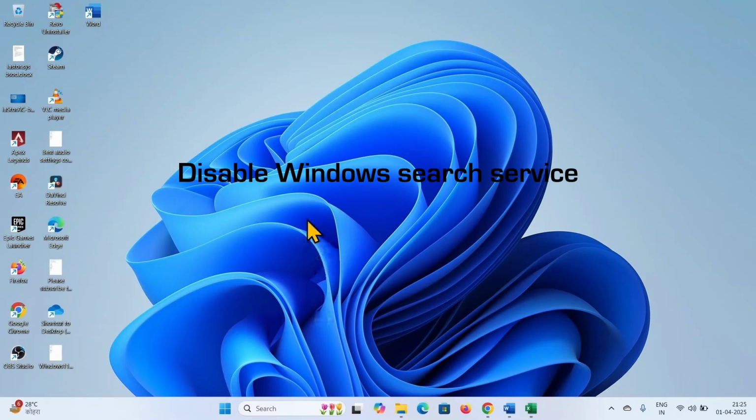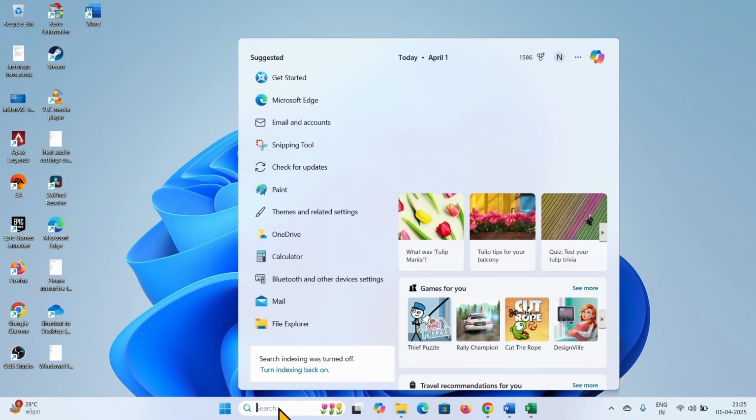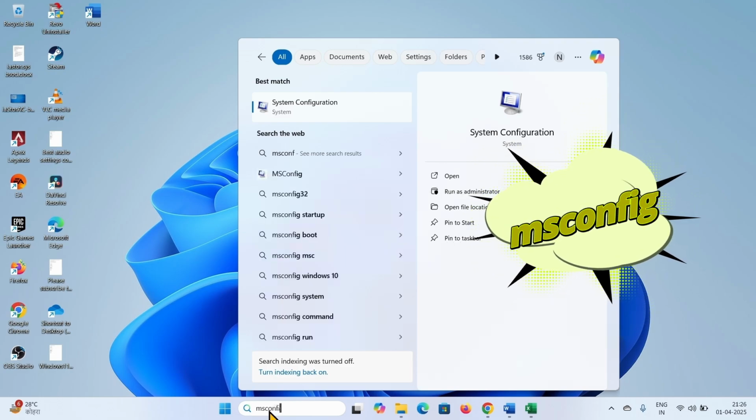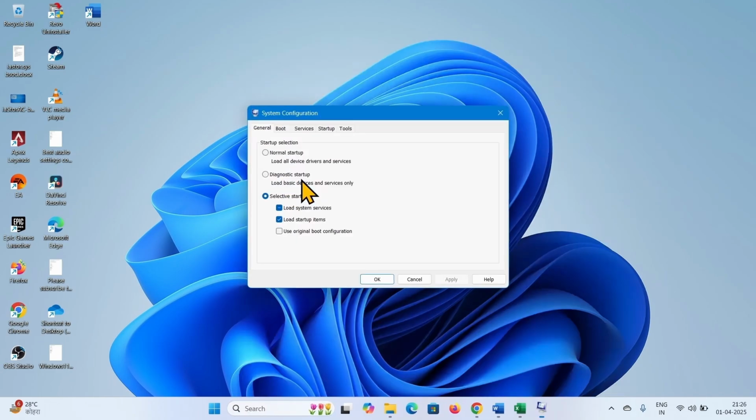The second method is disable Windows search service. Click on search, type msconfig, click on system configuration, go to the services tab, click on services,